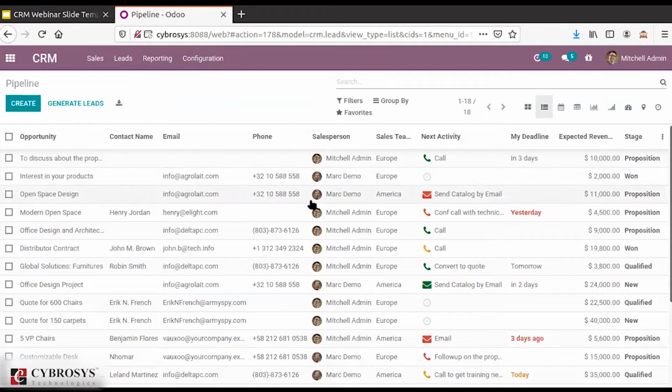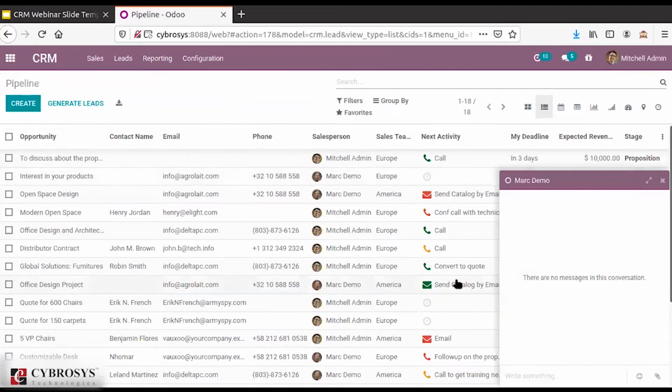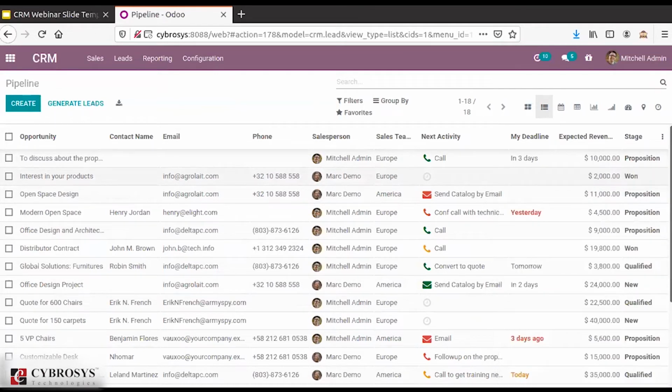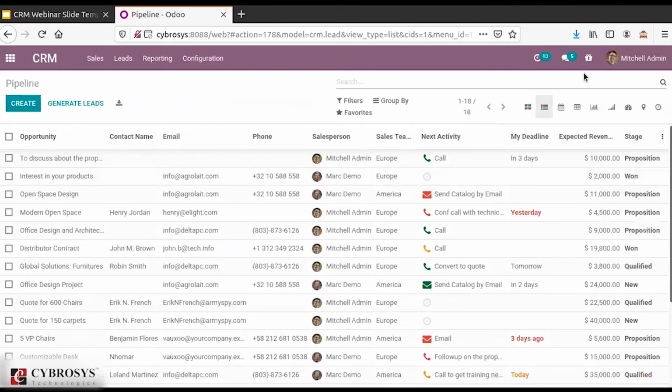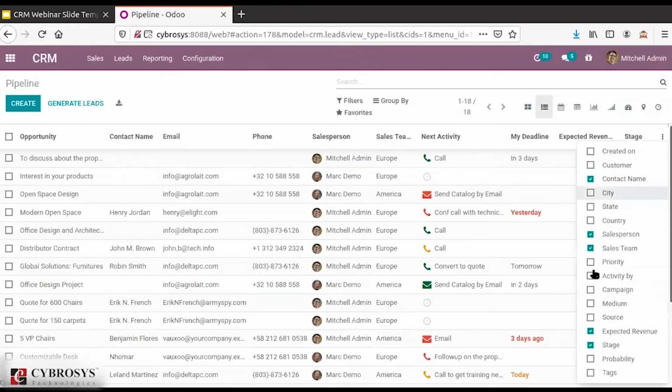You can do that within this form view itself. You can just click on the chat option and chat from here itself. Obviously Odoo 14 has brought certain new features like that. And from here itself you can also schedule the activities. So with Odoo 14, we can say the user interface has been made more efficient as well as more flexible for the users. Then, as I told you, you also have the options to add certain other options as per your need.